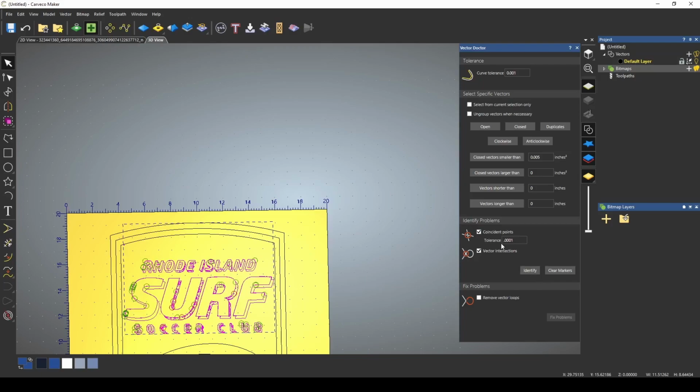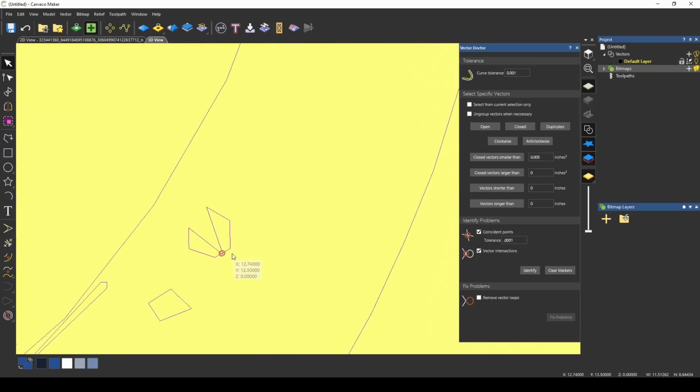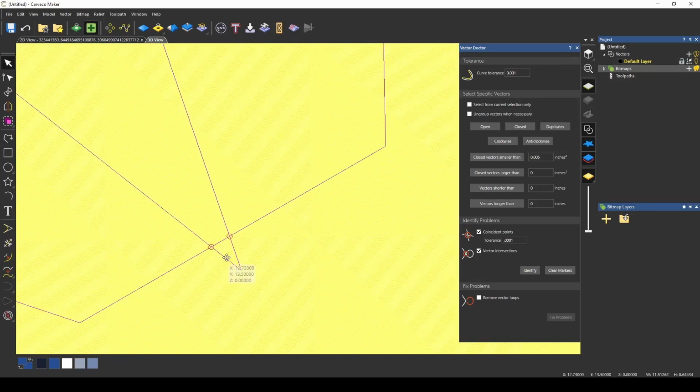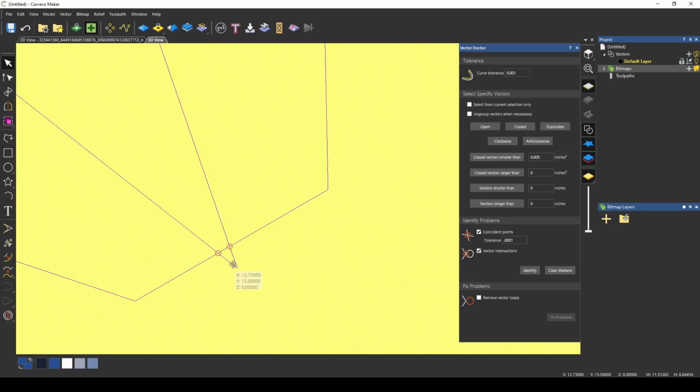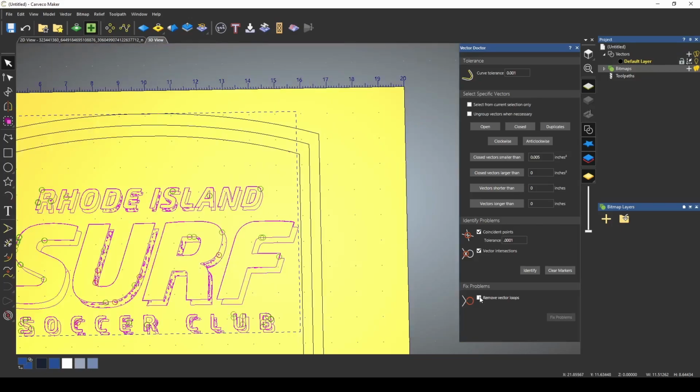And by reducing the amount of coincident tolerance, you won't have near as many coincidence nodes. But if you do have some, there may be issues like this one, where this is both a coincidence node and vector intersection. You can try to get it to automatically fix vector loops, and a vector loop is where two vectors loop over each other, sort of like this shape. You can ask it to fix the problems automatically. If it's a very simple loop like this, it will fix it. If it's a more complicated crossing, it will not.